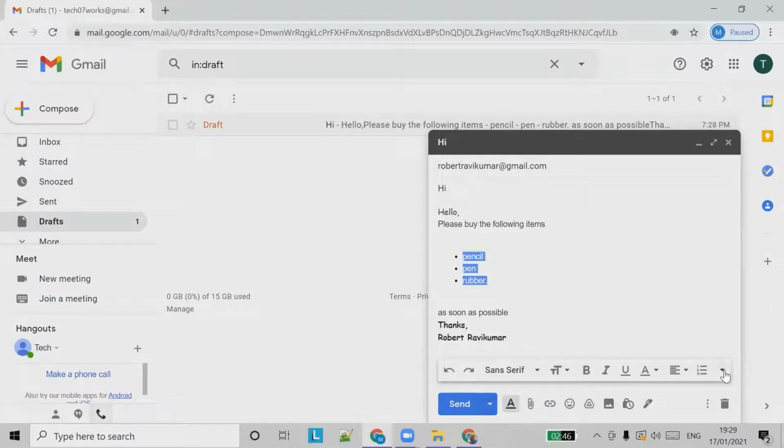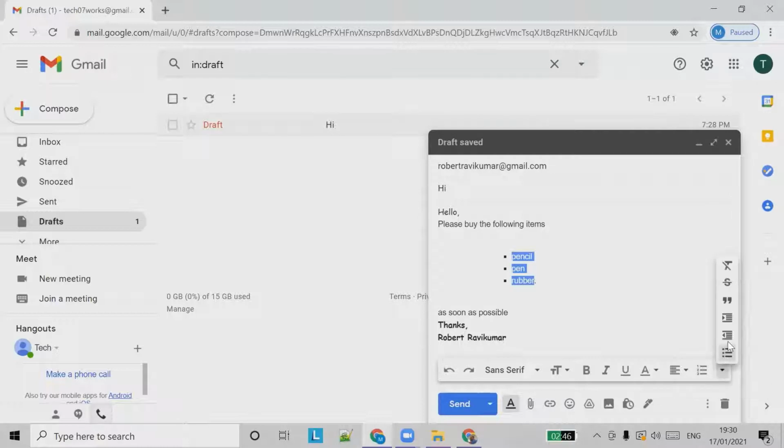Okay, so this is indent. How do we indent from left or right? Indent is nothing but, you can see the indent, right? This is zero indent, so it starts from the beginning. And these numbers, bullets, this is indented a bit. If you want to indent more, you can press the right arrow and it moves to the right. This is called indenting. Similarly, we can left indent and right indent. This is right indent, so we are moving to the right. For indent less, the left indent, press this one and it moves to the left automatically.